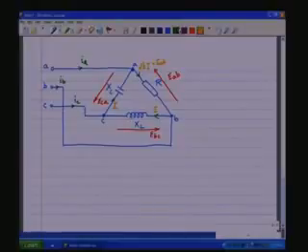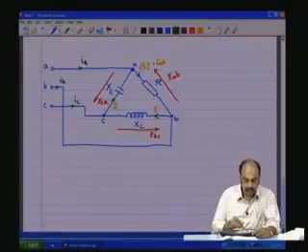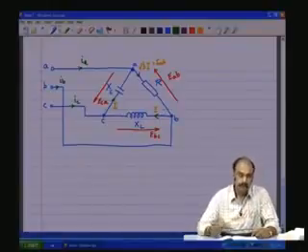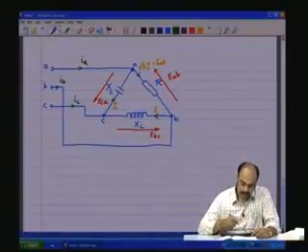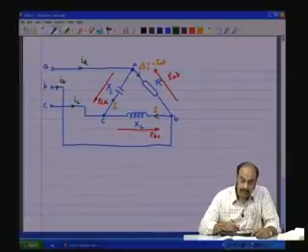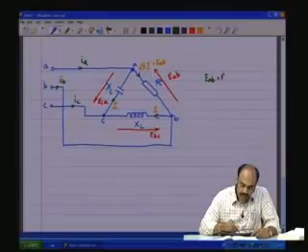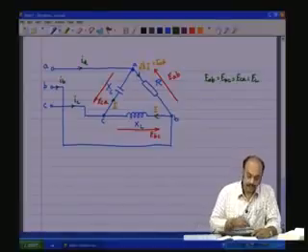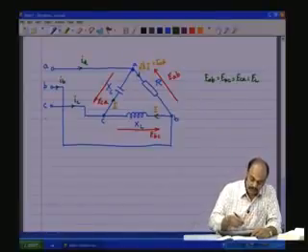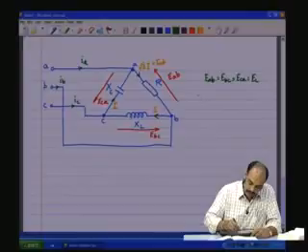So, now we can find out what should be the reactance which will give this kind of a solution. Now, the effective values EAB is equal to EBC is equal to ECA is equal to E line for a balanced source which is applied, and therefore, XL